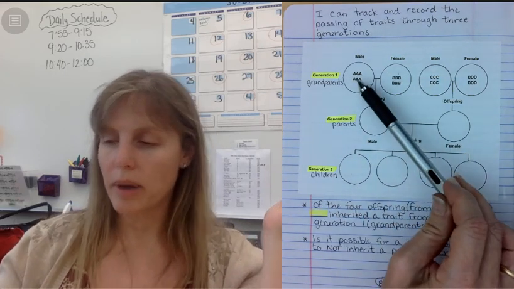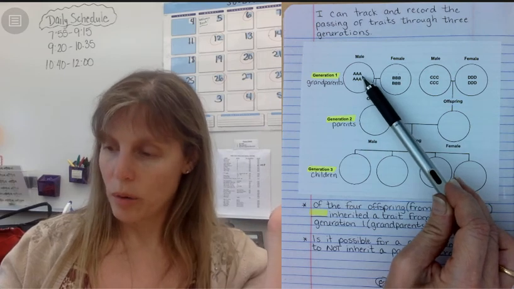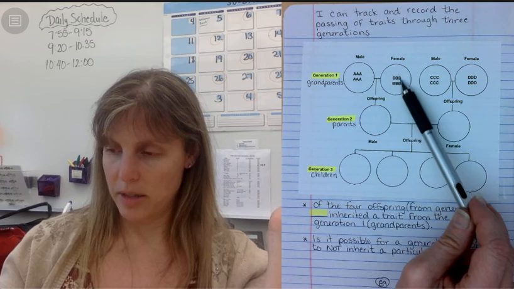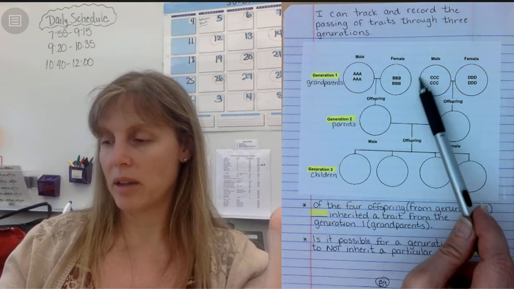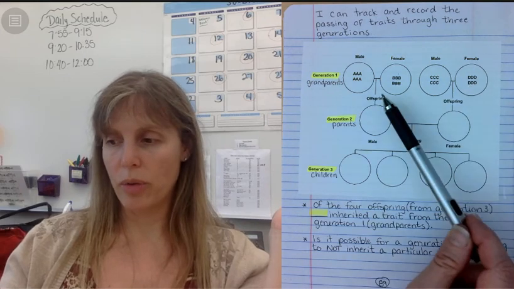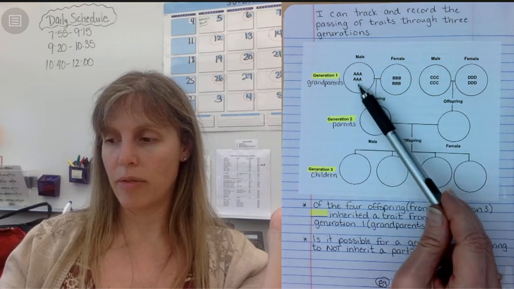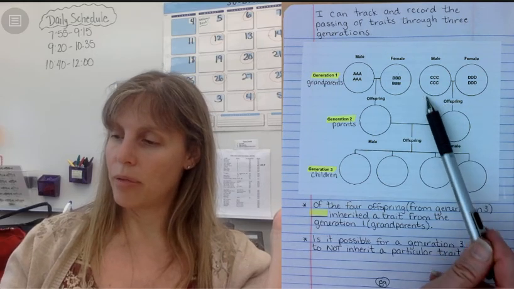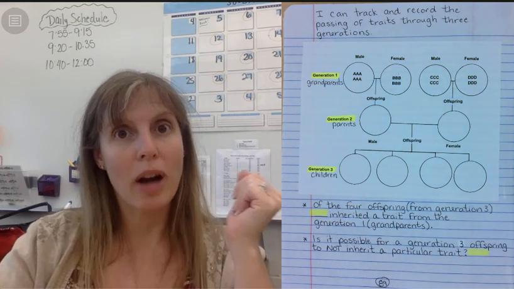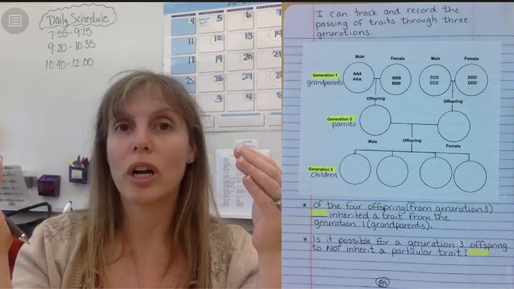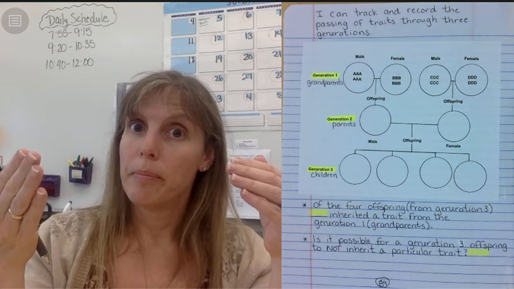So our traits are represented by letters. So this grandpa has all A's for his trait. This grandma has all B's for her trait. This male has all C's. This female has all D's, right? So then the offspring here are going to get 3 A's and 3 B's. The offspring here are going to get 3 C's and 3 D's, right? Because they're half on chromosomes, so that you get half of your traits from your mom and half of them